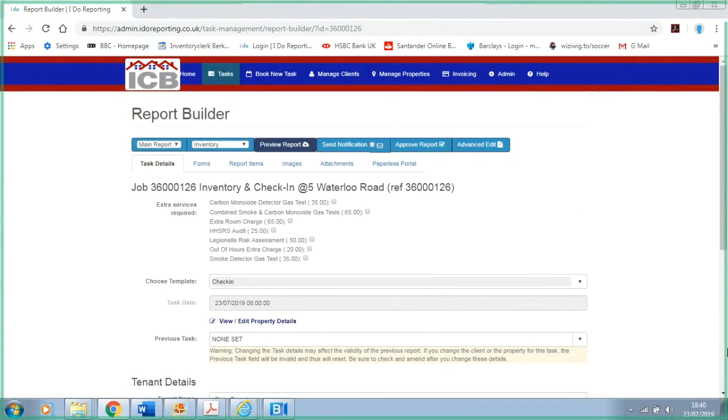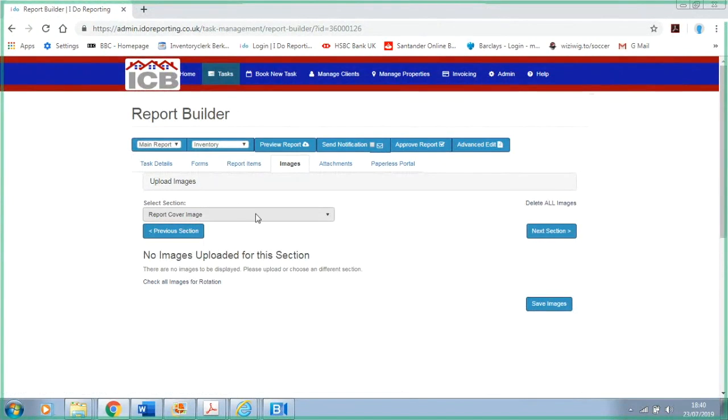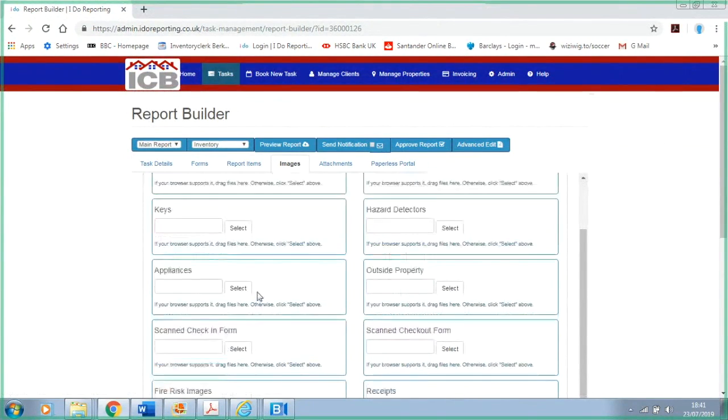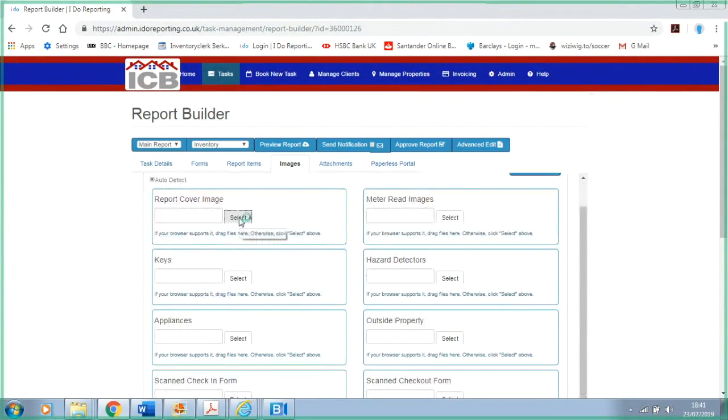So now we've got that sorted, it's doing our images. So you move on to the images tab after report items. Now, there's nothing there because we haven't added anything. You go to the upload images box, you tick that, and it drops down and lists out. So for each property type, there will be a set number of things that are always present, like keys, meter read images, hazard detectors, all those types of things. You'll see them first. You've got two options. You press select,